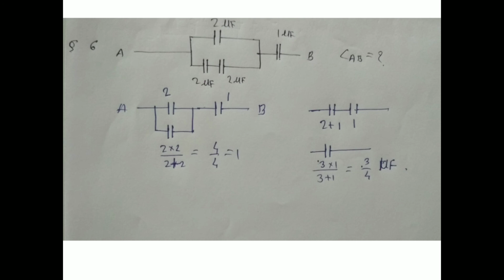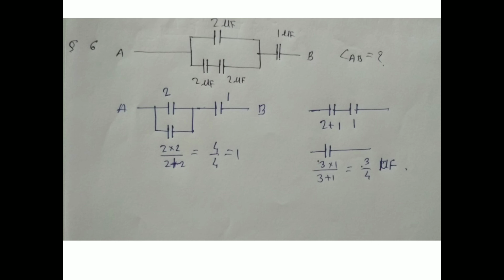So we have this circuit, we need to find the equivalent capacitance of the circuit between terminal A and B. C AB equal to question mark. These two are in series, so here it is a reverse thing. If two resistors are connected in series, then we simply add up, but here it is reverse. If capacitors are connected in parallel, we add them up. For series capacitors, it is similar to the parallel combination of resistors.